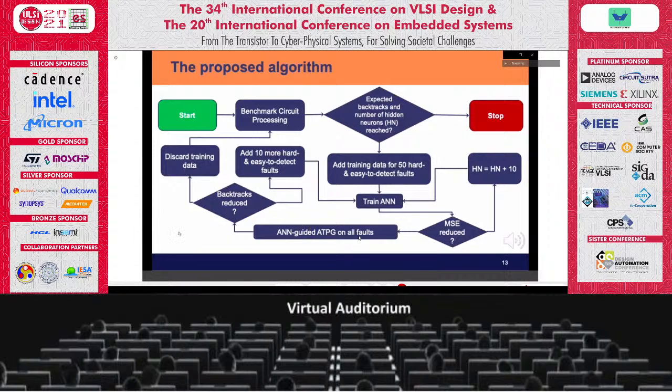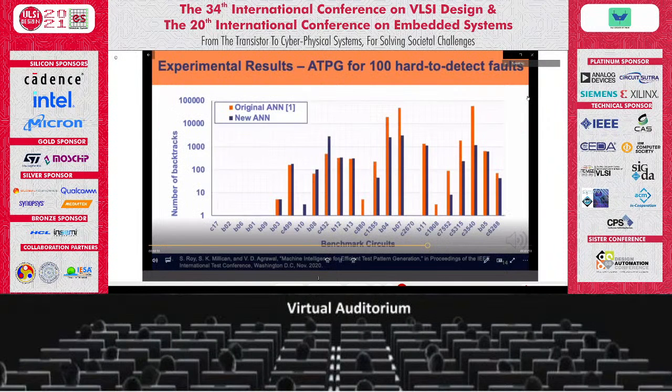We kept these conditions to satisfy our need, but one can always change these conditions. These conditions are: the number of backtracks should be reduced to at least 50, at most 100 hard and easy to detect faults should be used for training, and finally the ANN contains at most 100 hidden neurons. The graph shows how the